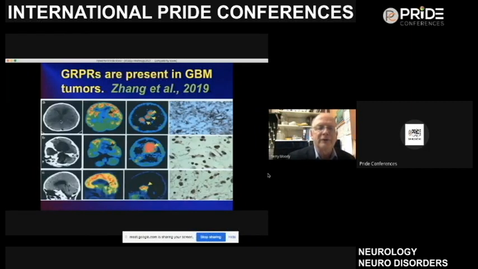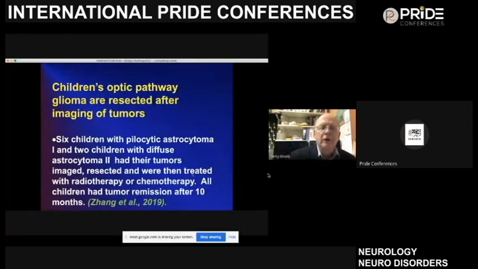And on the left, you see a CT scan with tumors. This is a PET glucose scan, and you can see tumors, but there's lots of other things that light up as well. And then when you use the probe for the GRP receptor, you get a discrete tumor with a well-defined margin. And these are 3 different patients giving the same result. And then if you biopsy the sample and you stain it, you see GRP receptor. So then Zane and colleagues